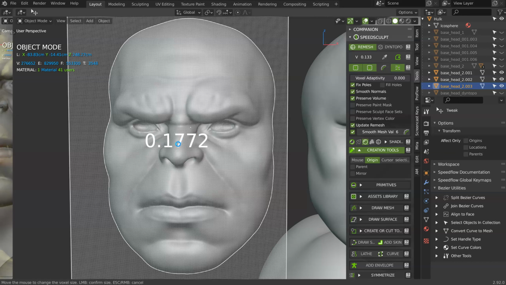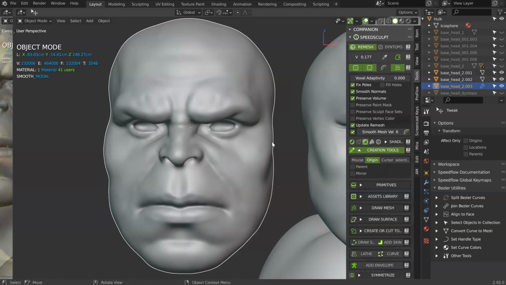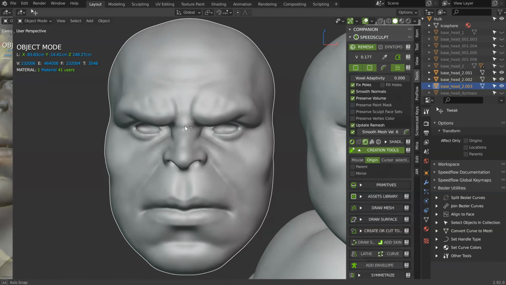That will obviously take some time because there are a lot of polygons. And right now you are in a modal, you can change the smooth directly like that. So I will go to the left and I will have my result.